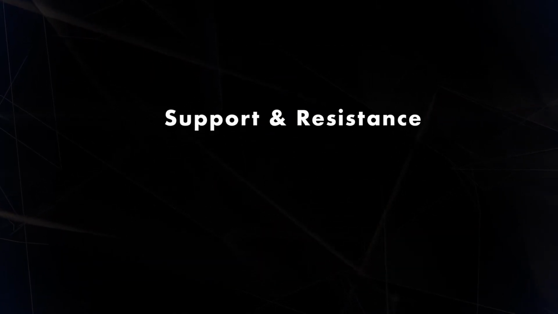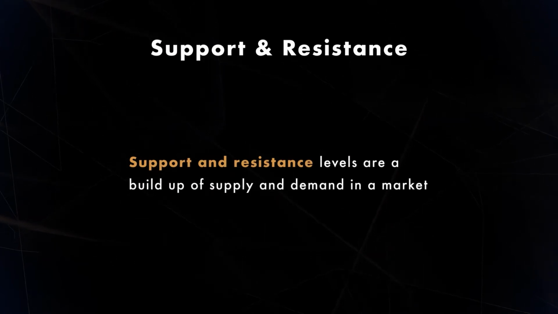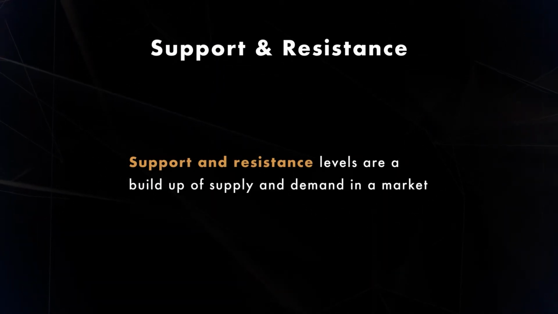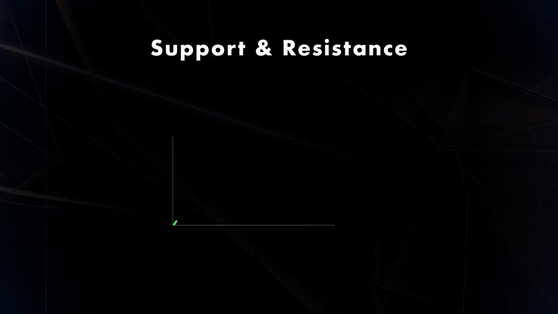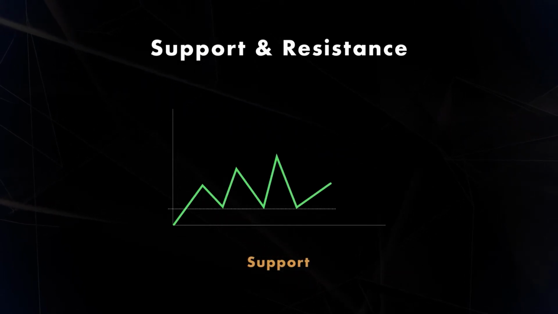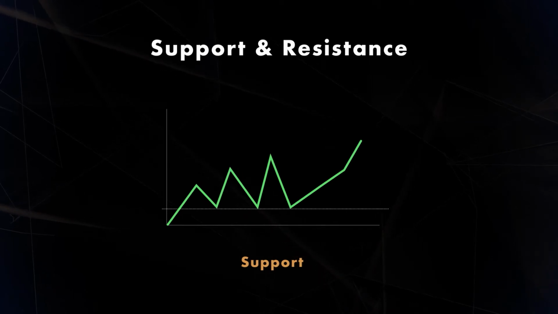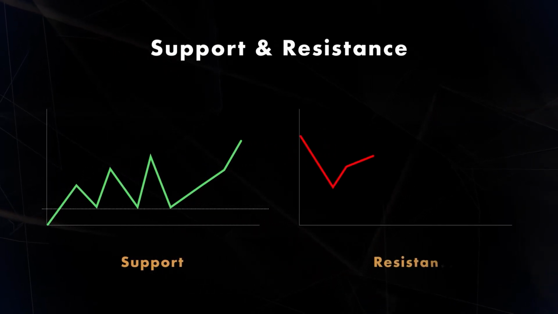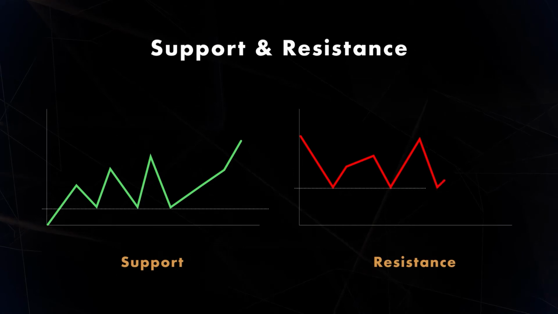Number 9, support and resistance. Support and resistance levels are a build-up of supply and demand in a market. Support is a price level that acts as a floor, preventing prices from dropping below that level, one would think. Resistance is the opposite. It's a price level that acts as a bit of a ceiling, a barrier that prevents